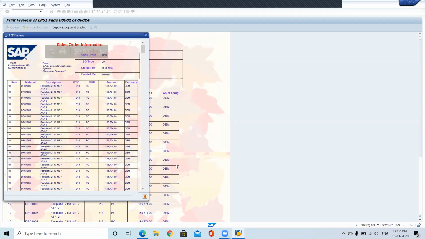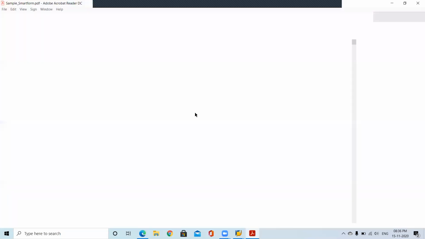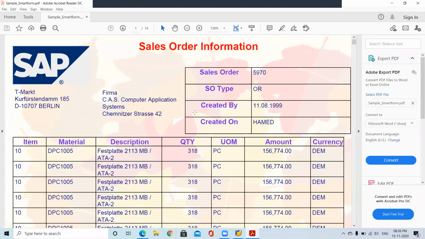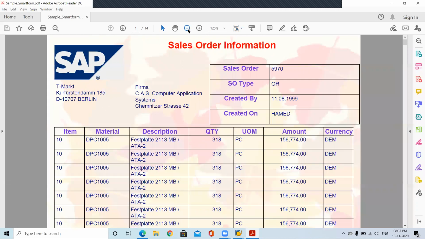Those 14 pages. So this will happen only in smart forms, right? Not in SA38 and not in a report. This PDF is for smart forms. Report output is internal. Smart form, I just want to send this information to the customer. Then if it is in a PDF format, it will look good. So people will prefer PDF format. The look wise also, now you are getting some clarity actually. If you observe this one, you are able to see that our output is looking good comparatively.